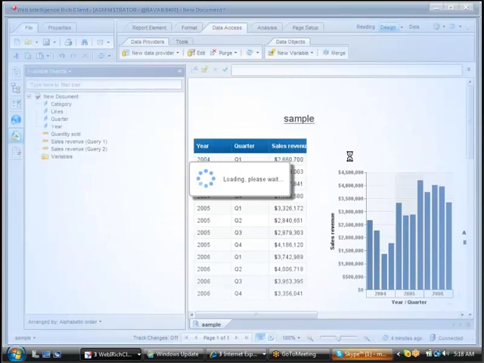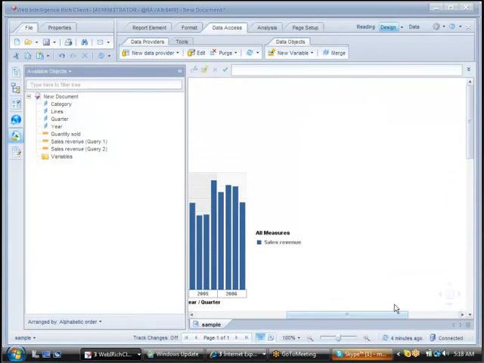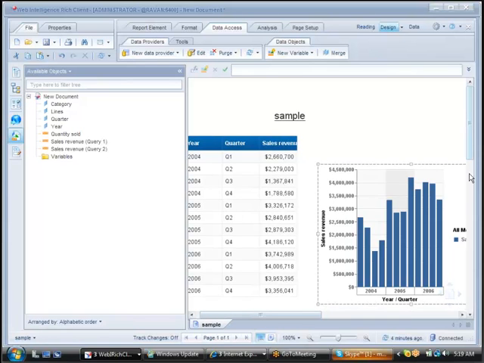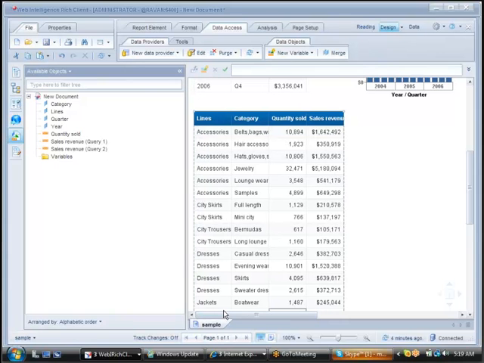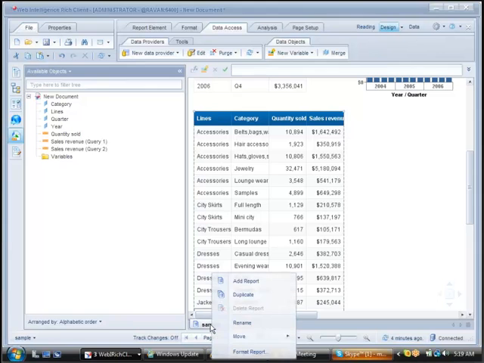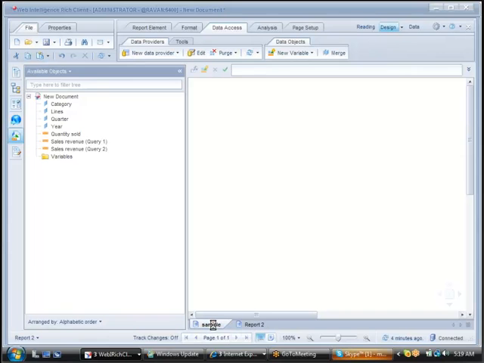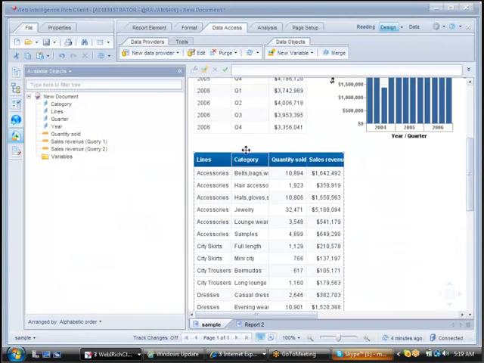it will insert one more table, or sometimes it will insert one more table here. When you see here, you have one more table. If you want to take this table into the other tab, right click, add report, you added report 2, then you can copy this complete block, whatever the block you have here,